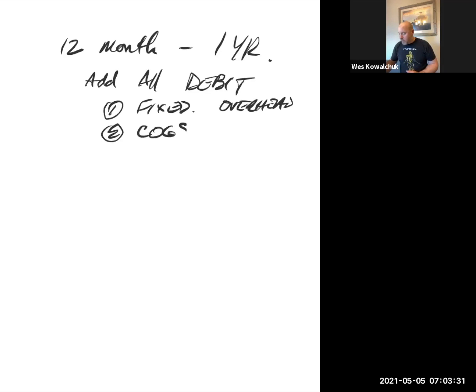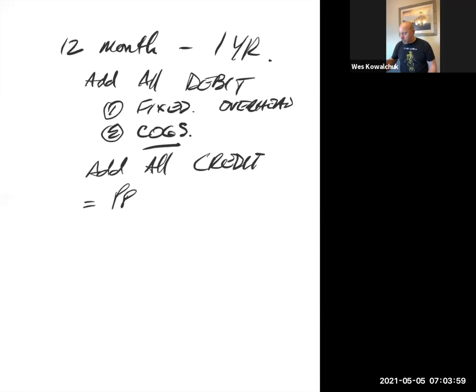Then I want you to break it into the other side, and this might be easier to do first: the cost of goods. Break out all the debits that you can track to go right to that project that you worked on that week, or the next week, or whatever those cost of goods are that can go directly to that project. That is something that we want to be able to make happen. Okay, so once you've got that figured out, then add up all your credits,